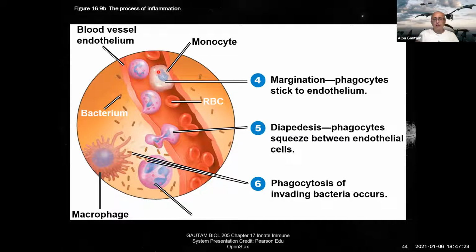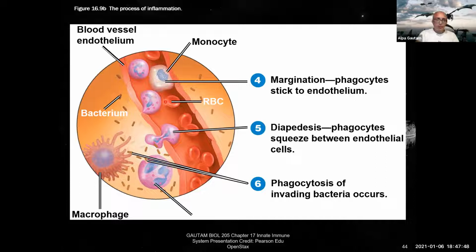So here is our monocyte, right? Here's the capillary, with blood within it, and these are white blood cells within the capillary. When you have bacteria outside, the monocyte that's traveling along kind of sticks to